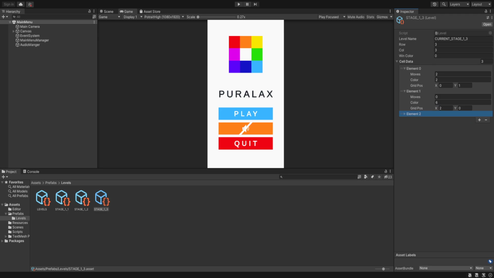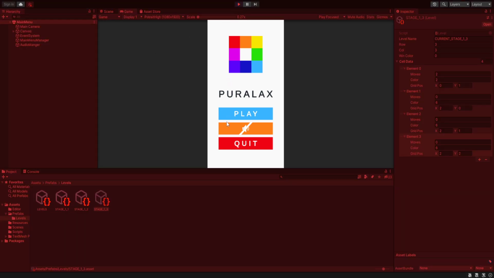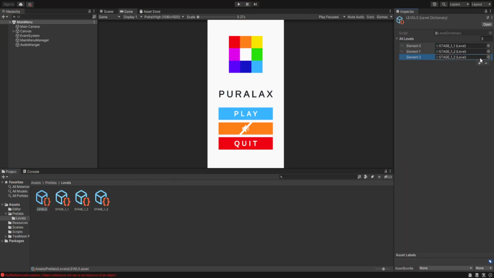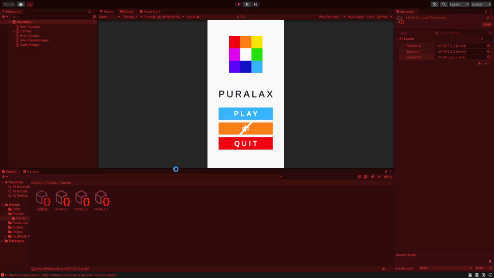And next it has 0, 6 to 1. And finally it has 0, 6 to 2. So now if we play our third scene, maybe there will be errors, maybe there will not be. So let's play our third scene, and we have not added it inside our levels, so we need to add the third scene inside our levels. And let's now play the third scene,